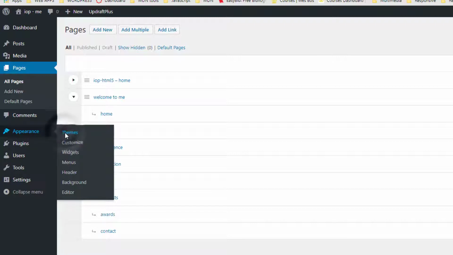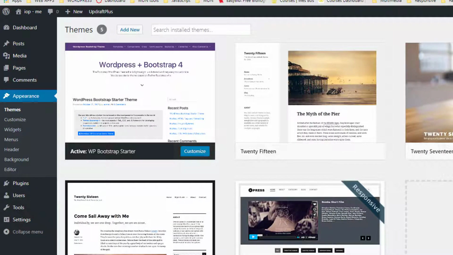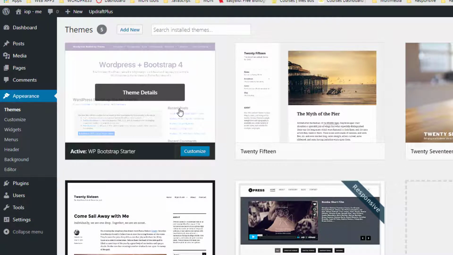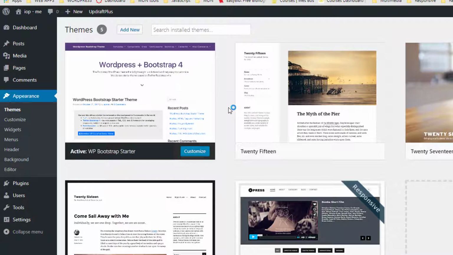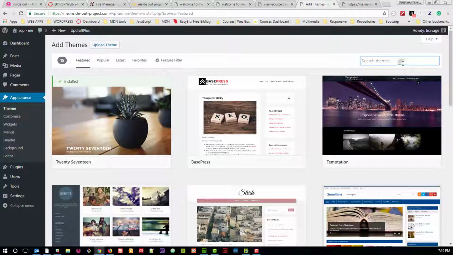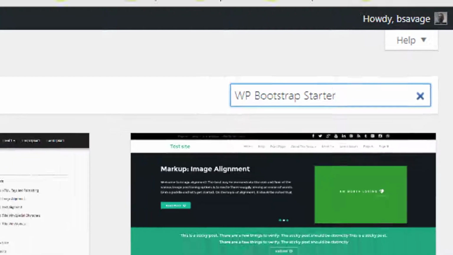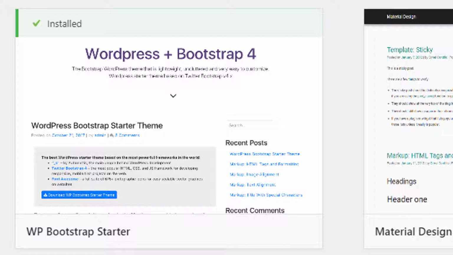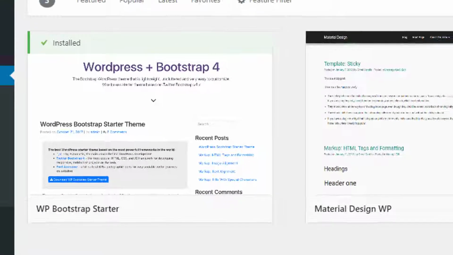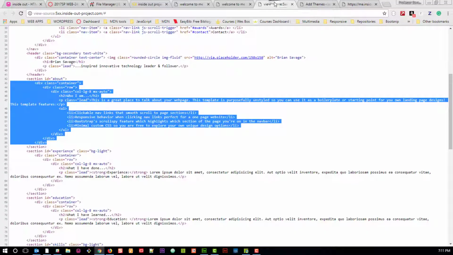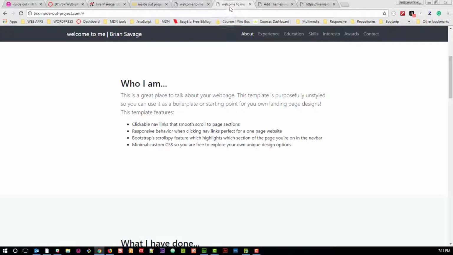One last thing that we're doing is we're going into appearance and themes, and what we're going to do is change the theme, because all of our web applications are based on the Bootstrap theme, and therefore what we would like to do is make sure that we have the latest Bootstrap theme. And what this theme is, it's basically just Bootstrap, and it allows us to add to it. What you're going to search for is the WP Bootstrap Starter Theme, and you'll see it come up, and just go ahead and install and activate it. Then at that time, once we have that all done, we'll be able to actually go and start pulling our pages through our API and displaying them inside of our